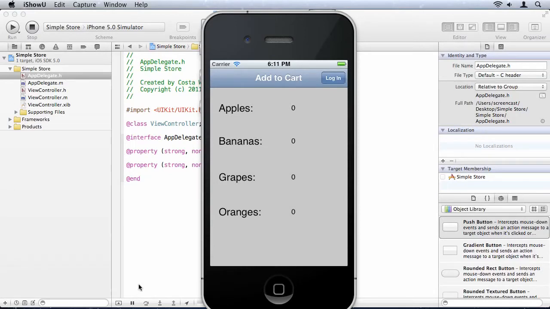Hi, today I'd like to show you a new control that's been added to iOS 5, UIStepper. So here we have a really simple app. It just has a few items that we want to be able to add to our cart. But not only do we want to be able to add an individual item, we'd like to control how many